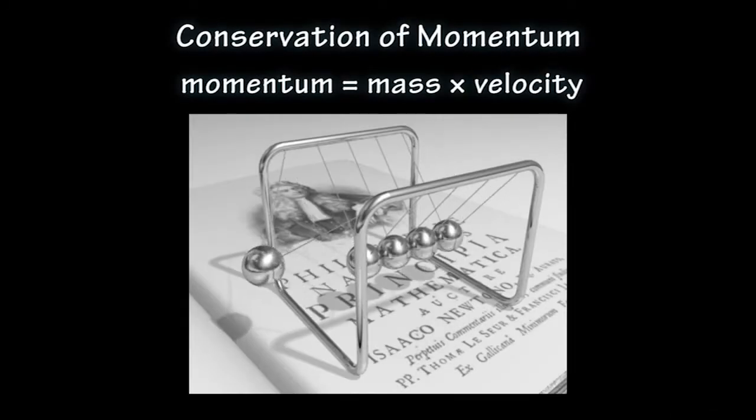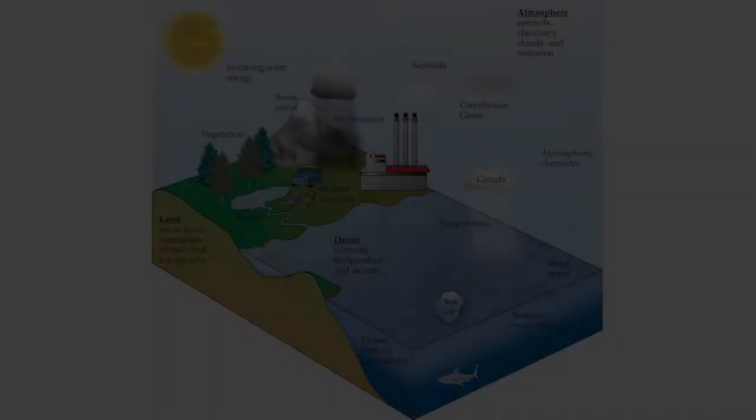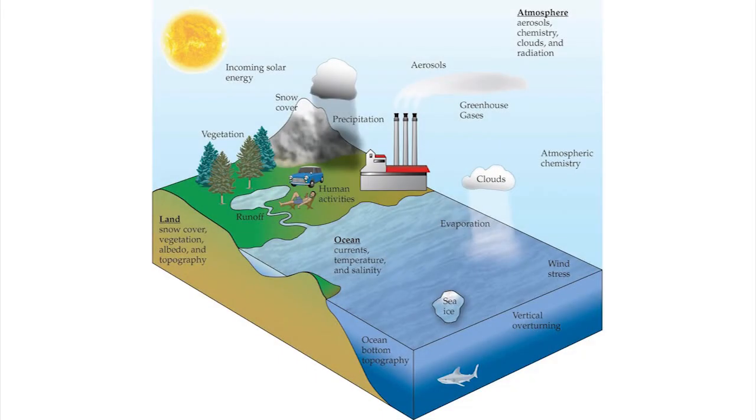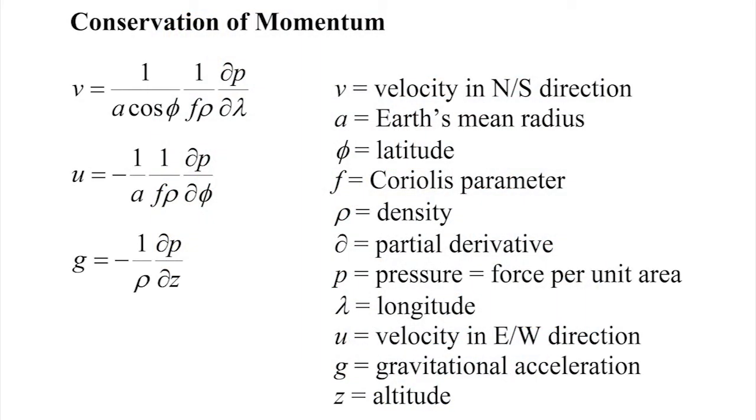The first equations depend on the conservation of momentum. Momentum is the mass of an object times its velocity. In the absence of external forces, the momentum of a system does not change. Several assumptions simplify the mathematical representation for the conservation of momentum and its influence on air, water, and ice movements. In such a case, the conservation of momentum simplifies to the three following differential equations, where v equals velocity in